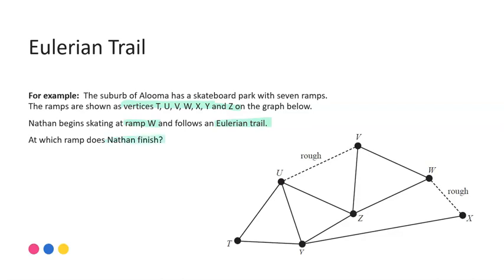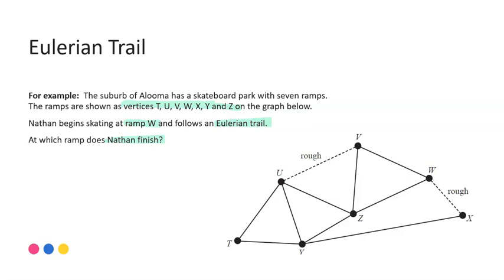So in this question, you're expected to know when you see that Eulerian Trail that it is one where every edge is used just once. You will have a different finish point to the start point. And the little hint about how you can utilise the degree of the vertices means instead of trying to find the pathway through and figuring out where Nathan can finish, all we need to do is actually work out the